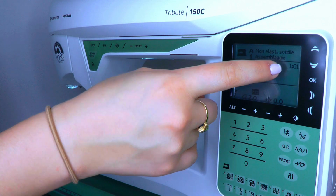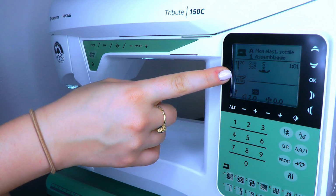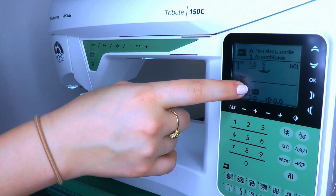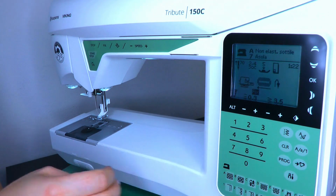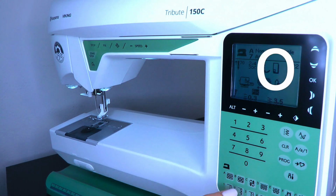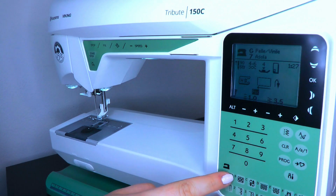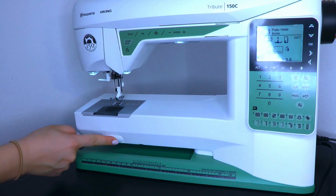Then we can see the kind of foot, the geometry of the stitch. There is the speed and the dimension of the stitch. There is also the fix sign. There are a lot of actions in the lower buttons. Inside the white sign there is the symbol for the stabilization item. Putting action and fabric, the machine will suggest to us the best combination, but we can choose what we will